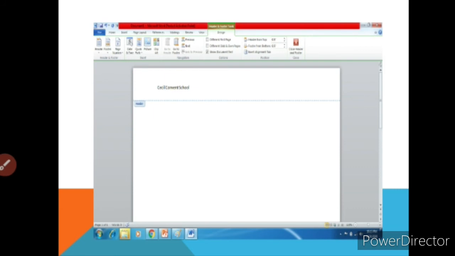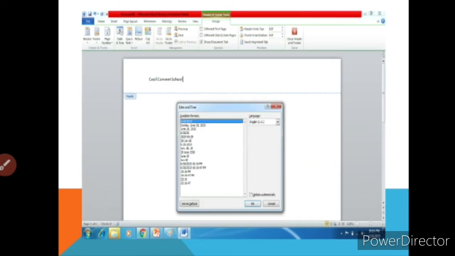If I want the same heading again on the second page and third and so on, you just have to press the enter key, and when you press the enter key, the second page will appear and the third and so on, and the same heading will appear on every page. Okay.